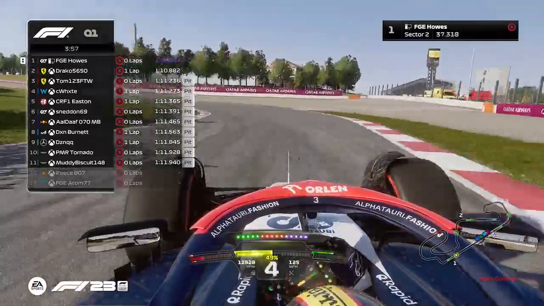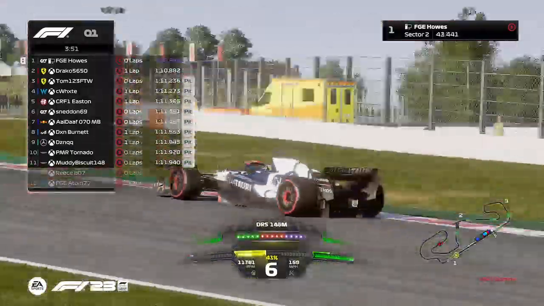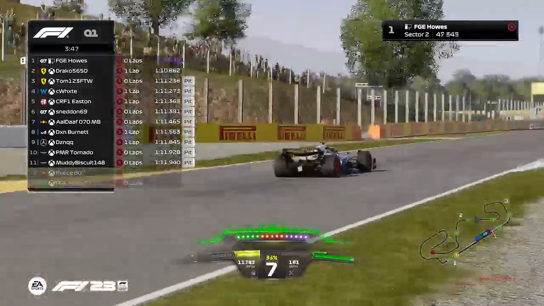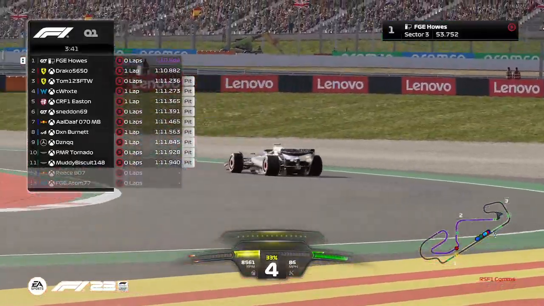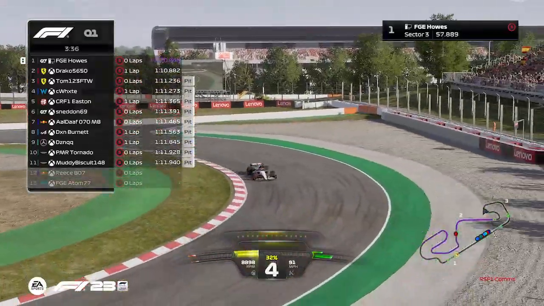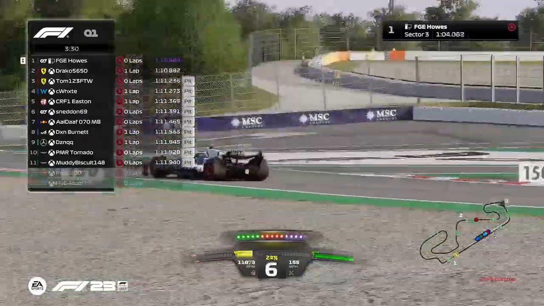Sam Howes, who is currently 600ths down on his time, makes his way through sector 2 now onto the back straight. He'll be hoping for a good result tonight, as will all the drivers, really. So anyway,